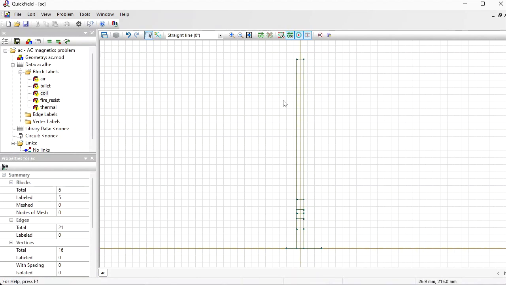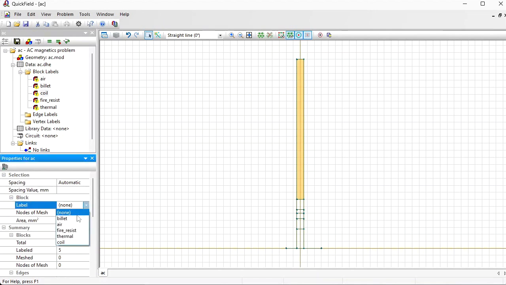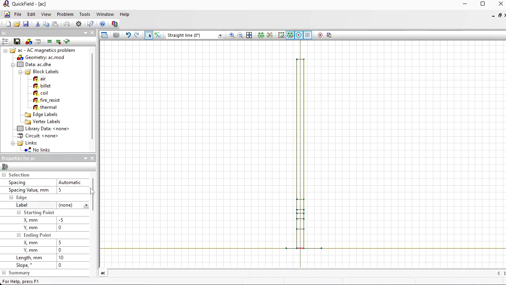Switch to select objects mode, click this block to select, and this would be the air. Apart from the block labels, you should also assign labels to the boundaries. Click this edge and enter the label name axis. This would be the far away boundary,